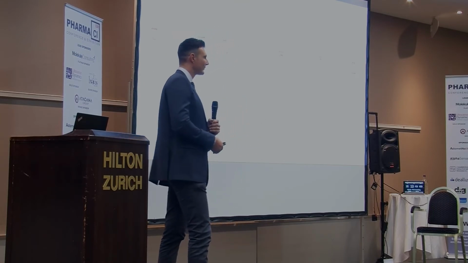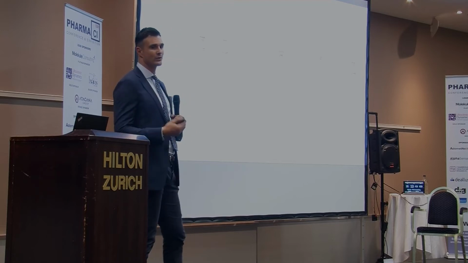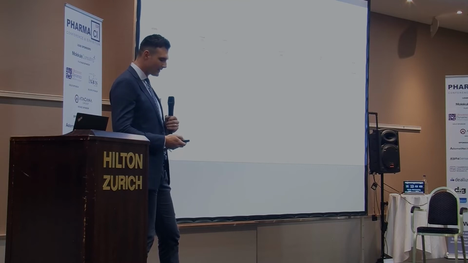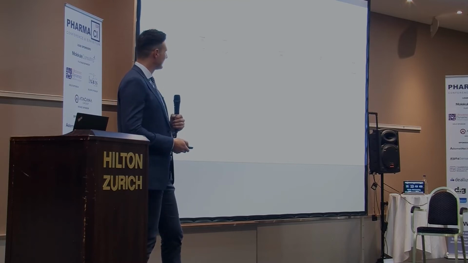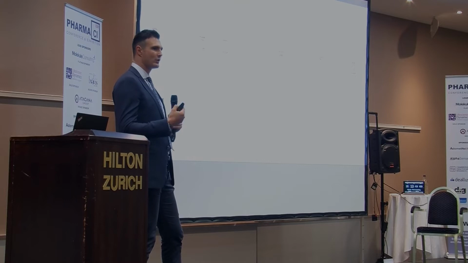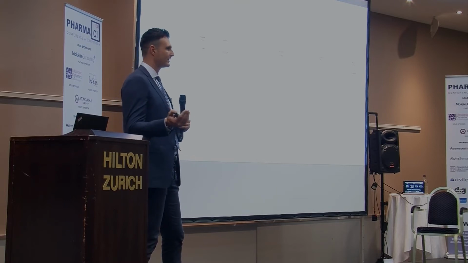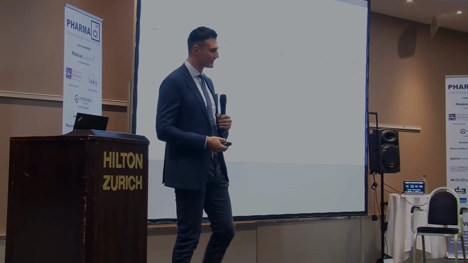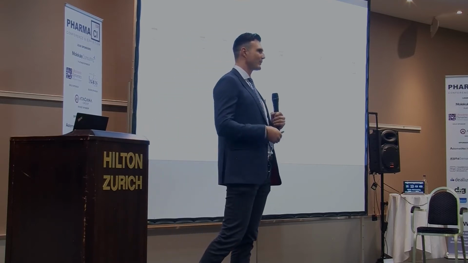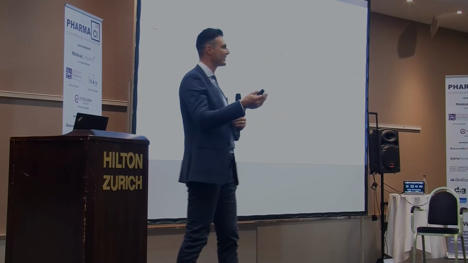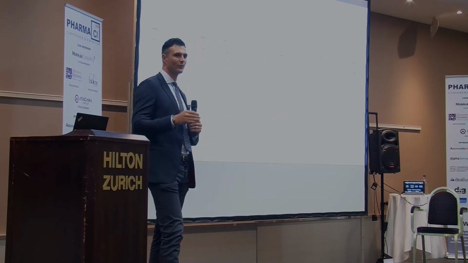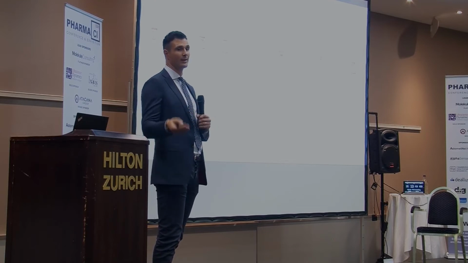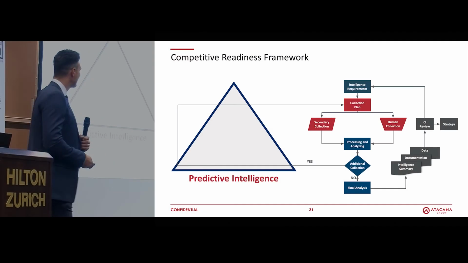They had a good CI function, but really what they needed was to restructure the organization to be better prepared for the competition. Some of the challenges the company was facing, when you have so many products, as you heard from Sal, the team expanded to about 50 CI managers with a $20 million CI budget. So you can imagine you get a lot of CI reports, a lot of data, and what happens is that at senior management level, it gets confusing about what's really important, what needs to be acted upon, and making sure that the right people are acting upon it. So our job was really to